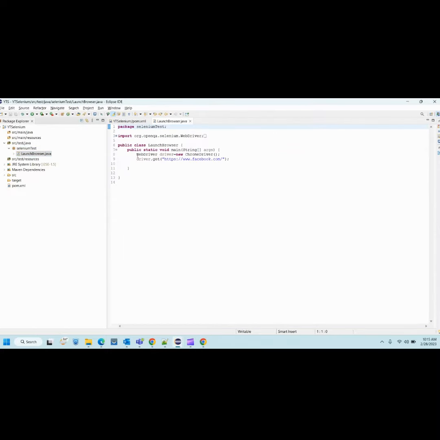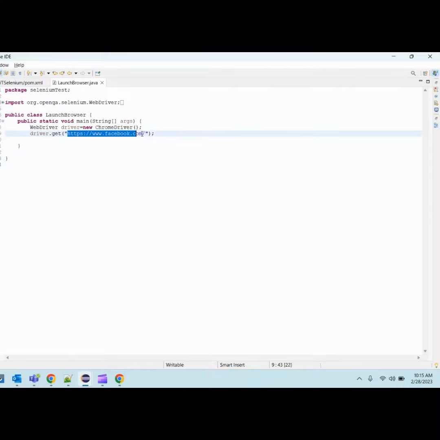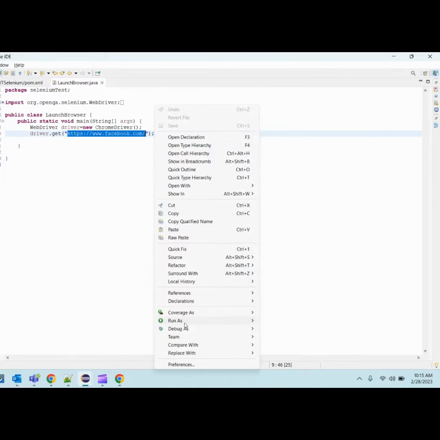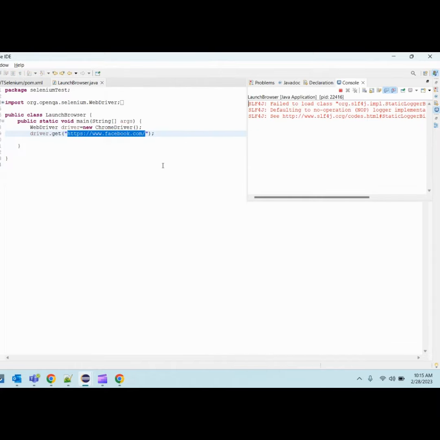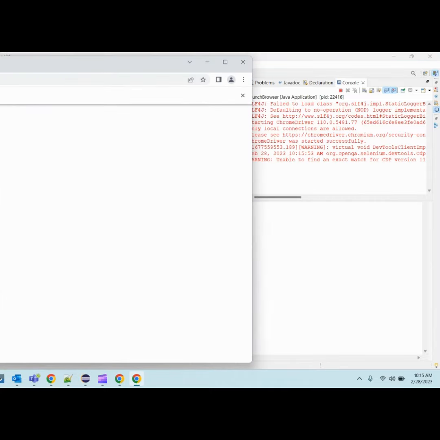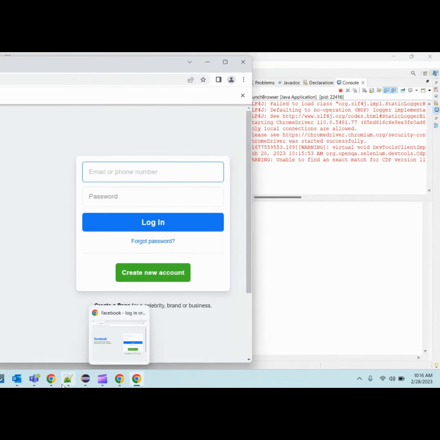Once the class is there, you will find this is the code: WebDriver driver equal to new ChromeDriver, as we are going to launch our browser. So driver.get will navigate our page to this URL. Now how to execute this? We will right click on it and run as Java application. Within a few seconds, you will see our browser gets launched, and this is how we have get